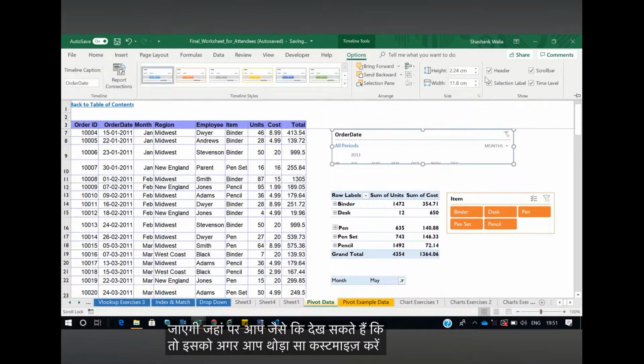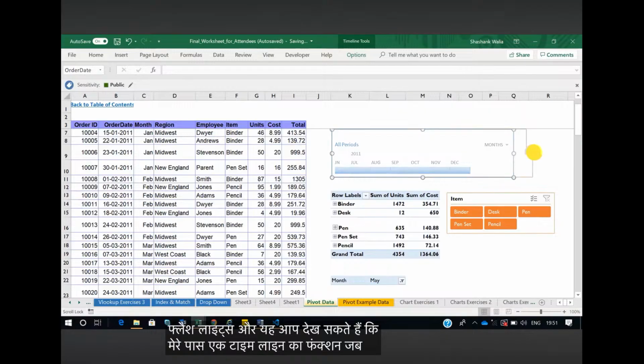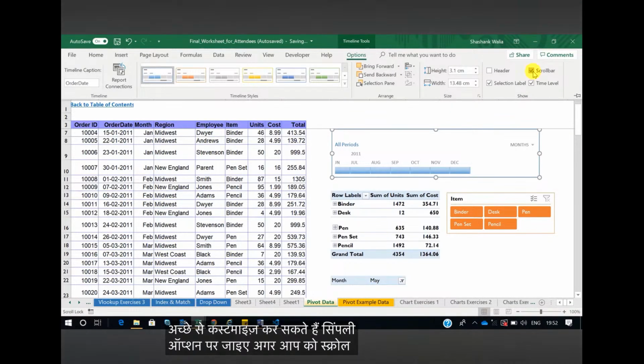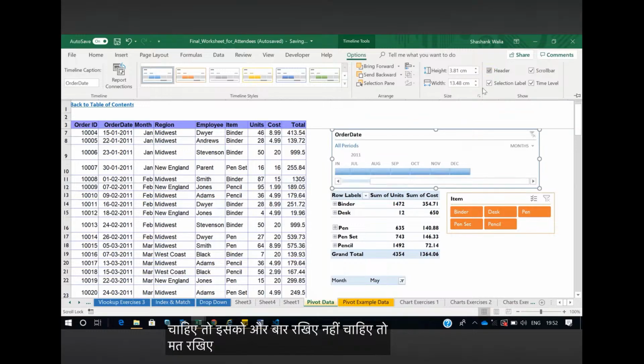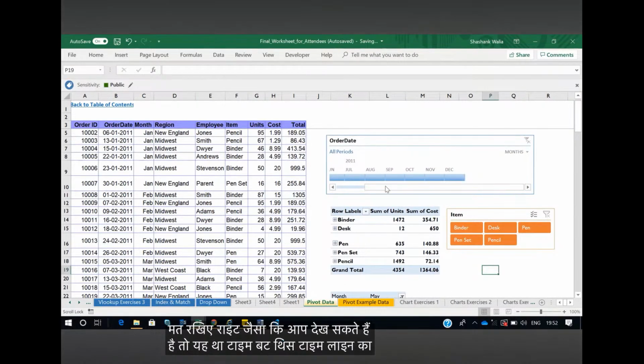तो इसको अगर आप थोड़ा सा अपने अकॉर्डिंग कस्टमाइज़ करें, मेरे को हेडर नहीं चाहिए, मैं हटा दूंगा। मेरे को सिलेक्शन लेवल भी नहीं, हेडर रख लेते हैं, राइट, और टाइम लेवल, राइट। सो ये आप देख सकते हैं कि मेरे पास टाइमलाइन का फंक्शन बिल्कुल तैयार है। तो अगर आप चाहें तो इसको और अच्छे से कस्टमाइज़ कर सकते हैं, सिंपली ऑप्शन पे जाइए। अगर आपको स्क्रॉल बार चाहिए तो स्क्रॉल बार रखिए, नहीं चाहिए तो मत रखिए, राइट। तो ये था टाइमलाइन।